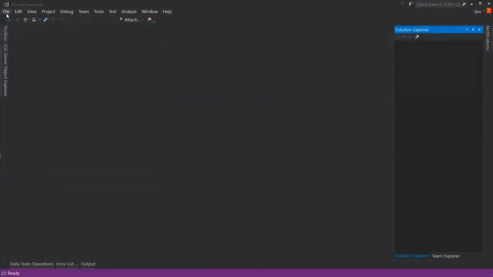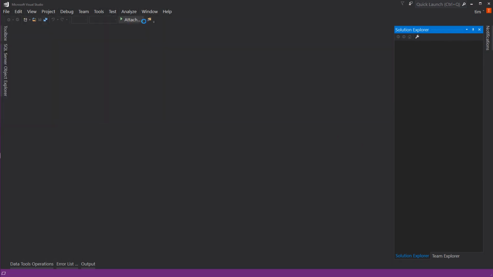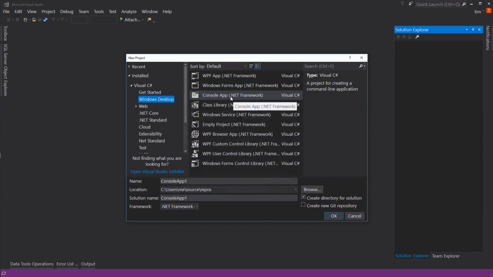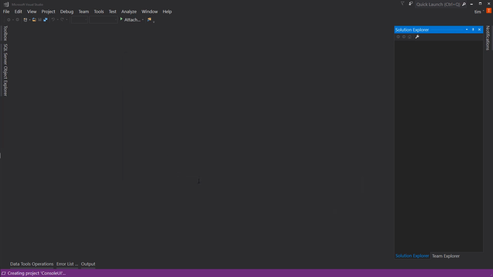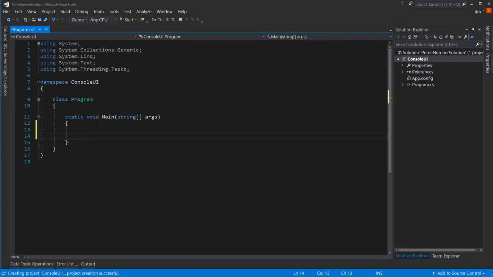Let's get started by going to File, New Project. And we'll select Console App. And we'll say this is a console UI. And this is the prime number solution. All right, and we'll put a console readline